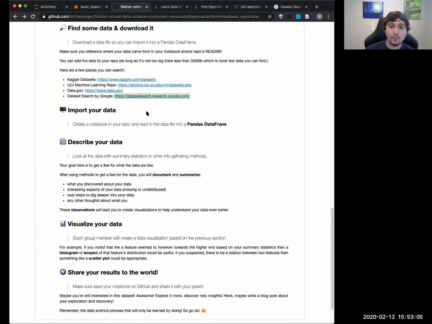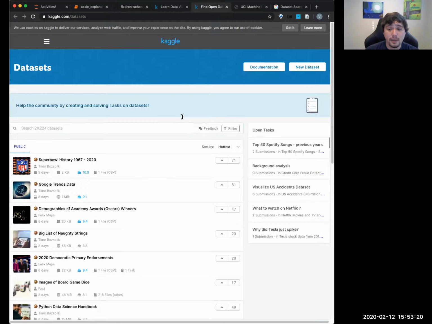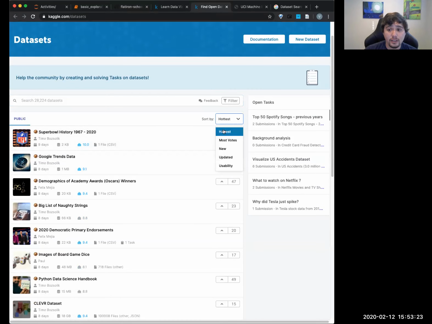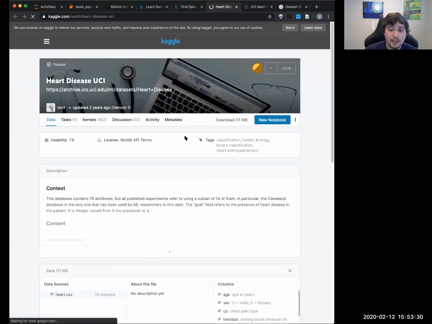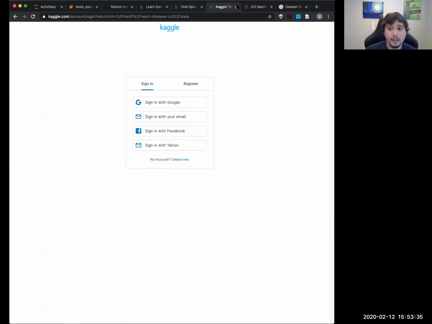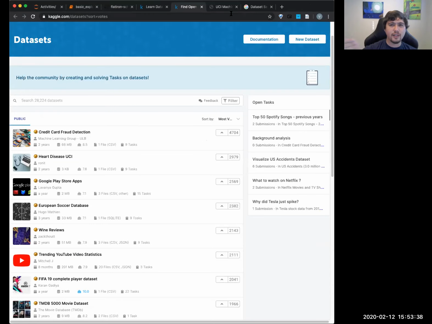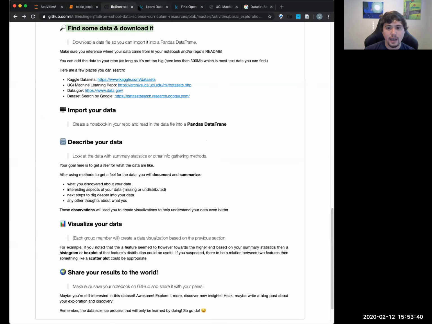Cool. So once you find your data, note that it shouldn't be too big. It should be tabular. Don't pull image data, because that's not really useful for exploration, and it's really large. One quick thing you can do is on Kaggle datasets, sort by hotness or by most votes, and see whatever looks interesting. For example, heart rate data. You can pull this up and figure out how to download it. You might have to sign up for an account, but this is to help you practice finding data and actually doing something with it.